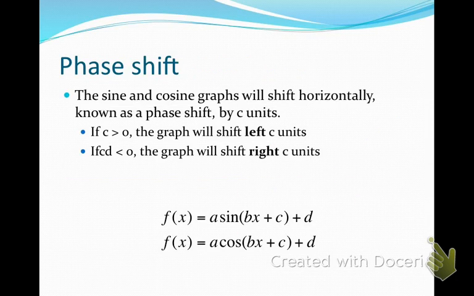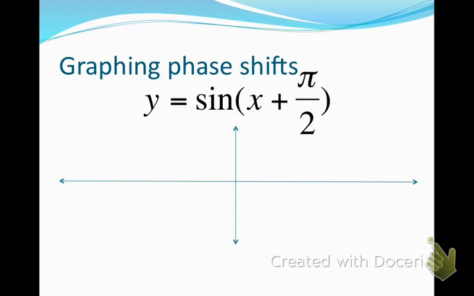A phase shift is the horizontal shift, and this is the one that's always yucky when we do transformations. Because if we have a positive value here, we're going to move left. And, oh, typo, sorry, if C is negative, we move right. And it's always nice when our phase shift is in nice little terms of pi there. It's not always, so just be careful. Because we like to graph using